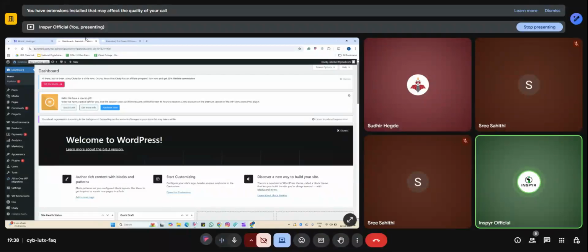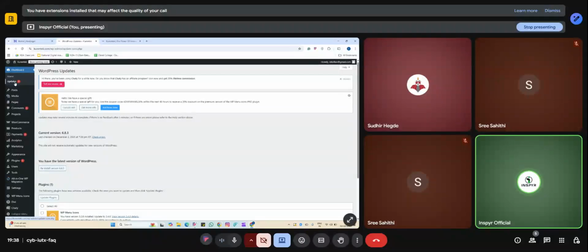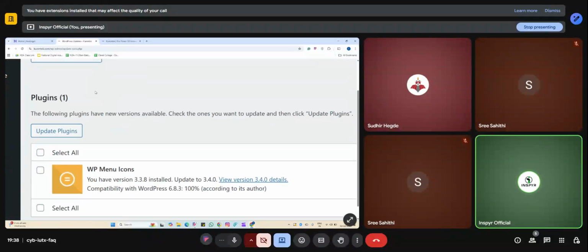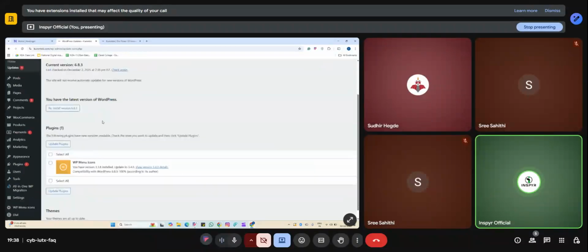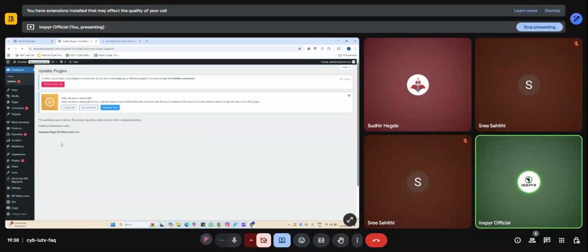Now, in the backend, what are the things that are required? First, we should not skip either the backend or the front end. Nothing can be skipped. So in the backend, what do we have? First, below the dashboard, we have updates. Quite frequently, WordPress requires an update, just like your phone. It could be the plugins, the theme, or WordPress itself. Can you see this? So we will have an update quite frequently. It's always advisable to come here, mark them all, and click on update. So once your website gets updated,